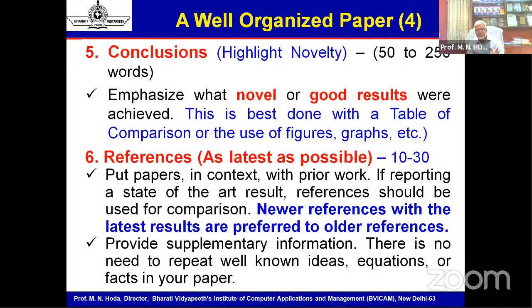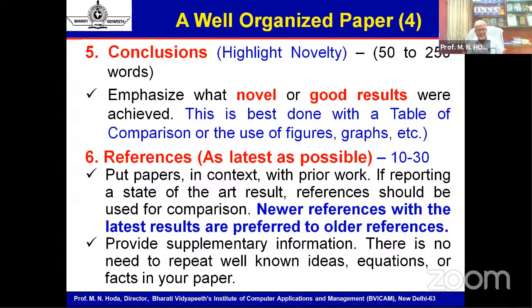Because many times, maybe around 80% plus, could be even 90% plus, the reviewers, even the editor-in-chief, while deciding whether to get this paper reviewed in a detailed manner or reject it outright, will decide only on the basis of the abstract you have written and the conclusion. I will tell you that many times even the editor-in-chief doesn't go to the abstract and conclusion, and decides whether the paper is to be reviewed or not on the basis of only 2 parameters: the title of the paper and the references available in the paper.